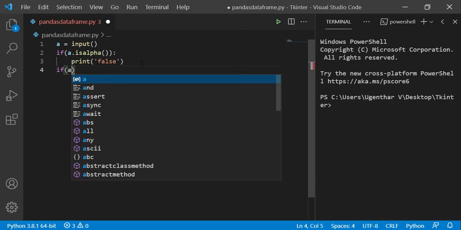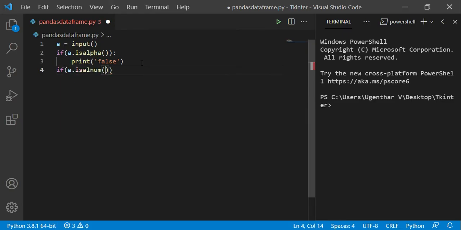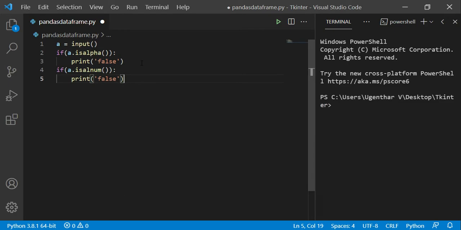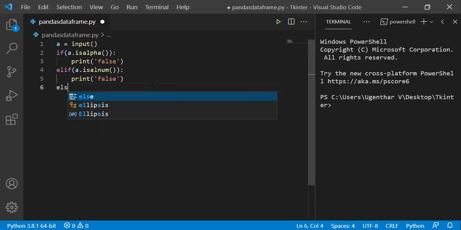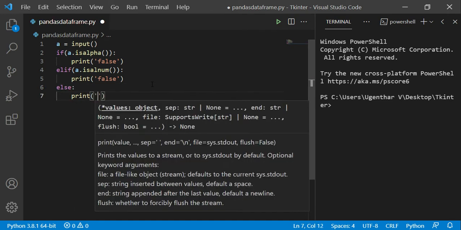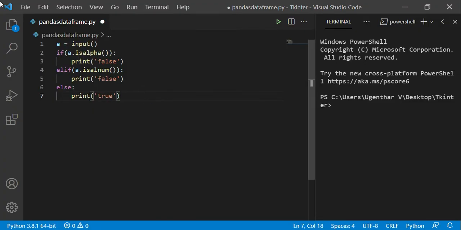If A dot isalnum, then it should print false. Here else it should print true. This is the logic for our code.